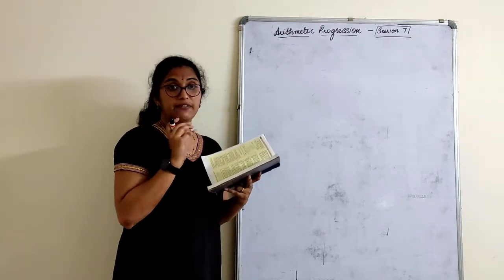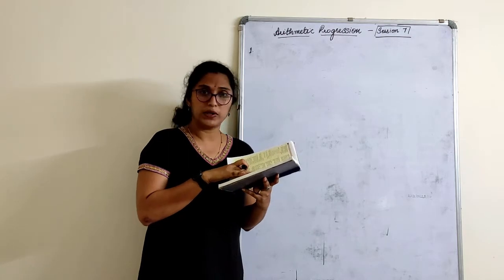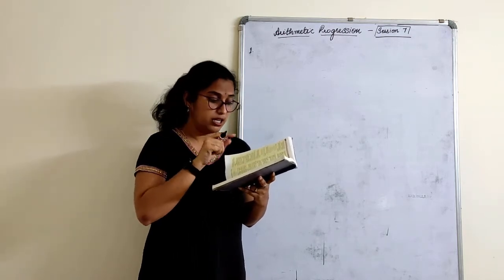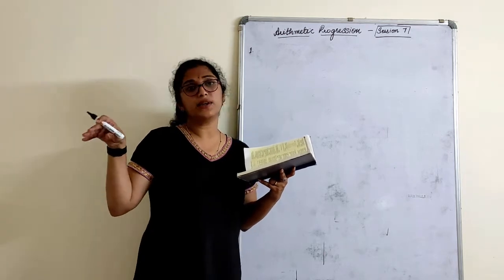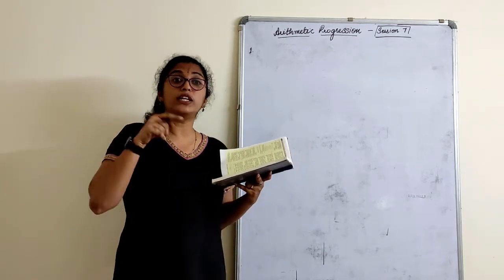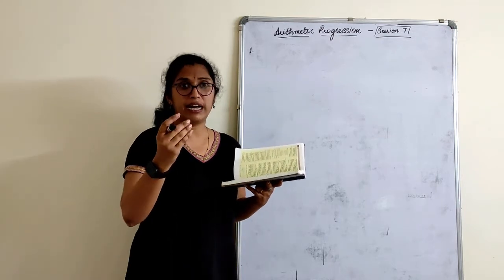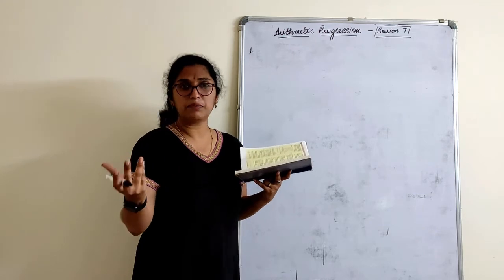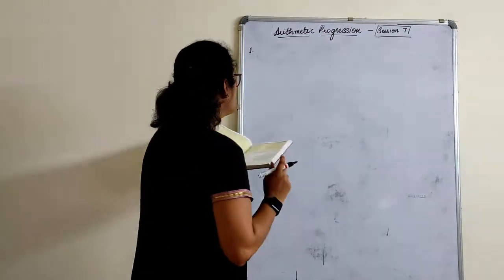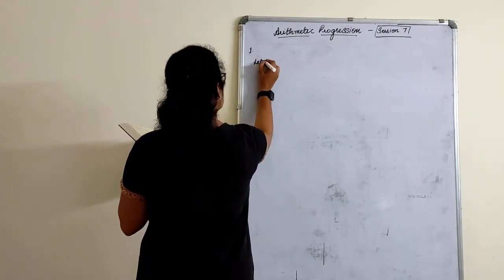That means in the given AP we also get a set of terms. Looking at the terms, you understand that they are in decreasing order: 121, 117, 113. That means it will end with some negative term also. But which is the first negative term? Which term of the AP? It could be the 20th term, 21st term, something like that, we need to check. So, first of all, we'll assume the AP